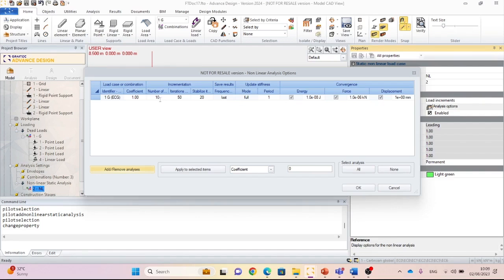The number of steps is related to the proportional amount of the load that is going to be applied when the solver is going to perform the Newton-Raphson numerical method in order to identify the response of this frame, and the number of iterations has to do with the convergence of the